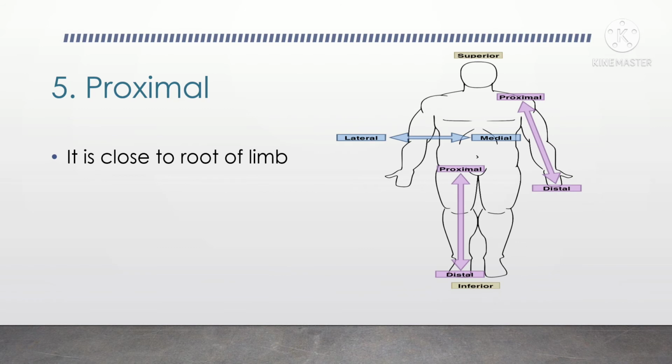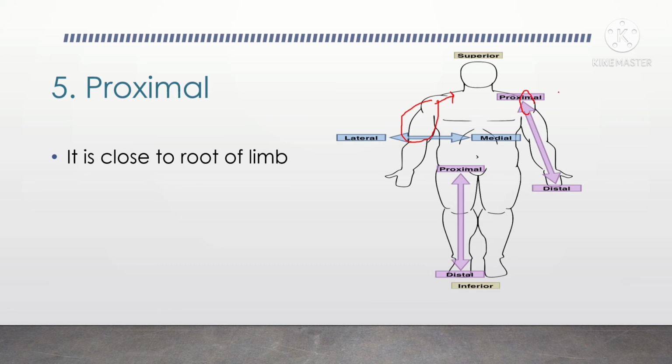Let's move to next. Proximal and the distals. Proximal, the word proximal always says origin. Whatever arises from the origin is termed as proximal, or closest to the body. As you can see in the diagram, we can see the humerus bone which is attached proximally to the glenoid cavity. As we already learned regarding the humerus, the head of the humerus is attached to the glenoid cavity of the scapula. Which end? The proximal head of the humerus. The proximal means the tip, the origin of the bone, always termed as the proximal end.